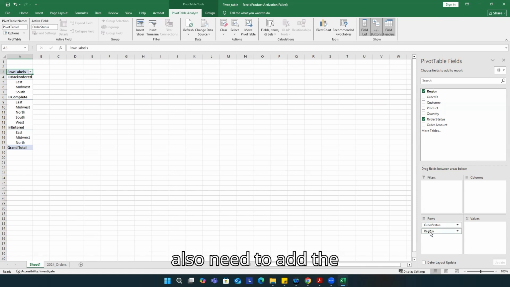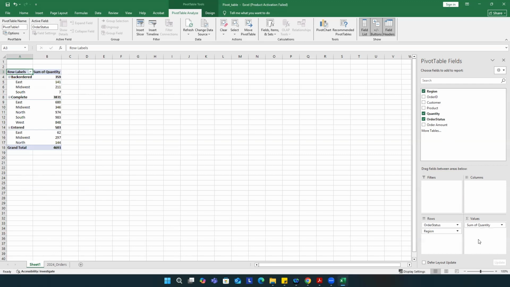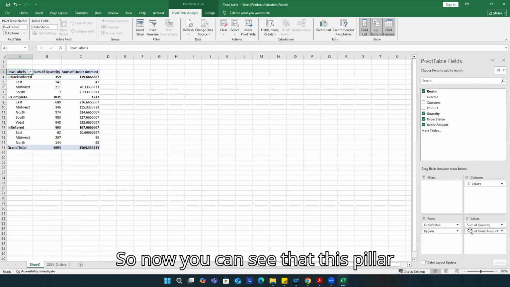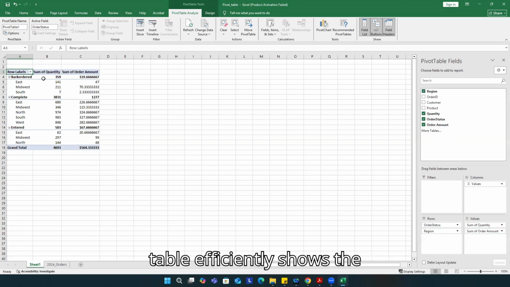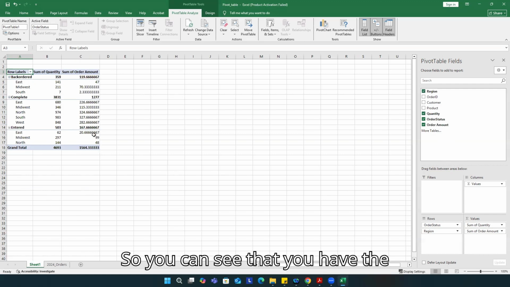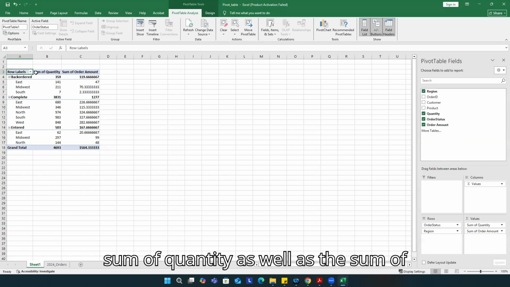But you also need to add the amounts. So I want to know the quantity of orders as well as the order amounts. So now you can see that this pivot table efficiently shows the data that you want to see and summarize. So you can see that you have the sum of quantity as well as the sum of order amounts, but